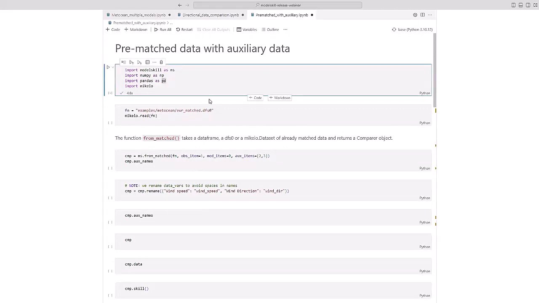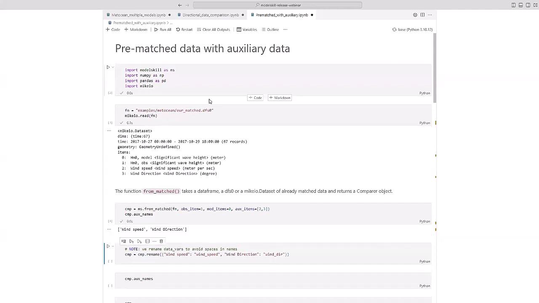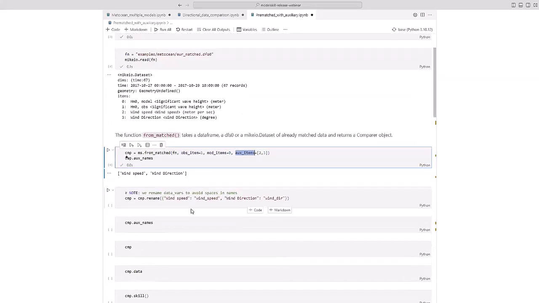Or matching, let's have a look here. So in this case, I want to do some aggregations which are based not on the data itself but on some other data. I want to compare my significant wave height of the model and observation against each other, but conditional on, say, the wind speed or the wind direction. So I have added in here with the aux items argument some auxiliary data that I want to have in my comparer,